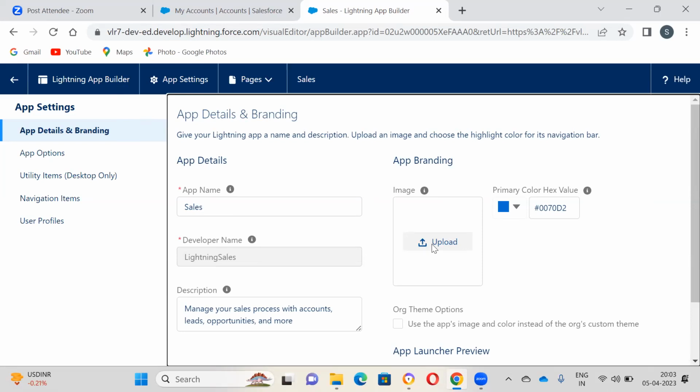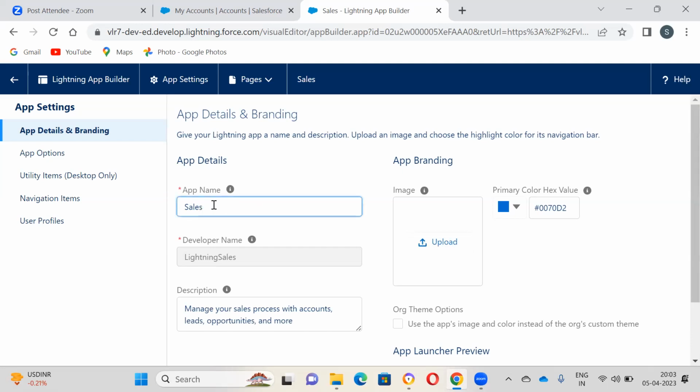Suppose your client gives you a logo, or you want to use your own logo. You can upload it from your local system by clicking on this upload button. I have already shown you how to upload the logo. And also, if you want to change the app name,